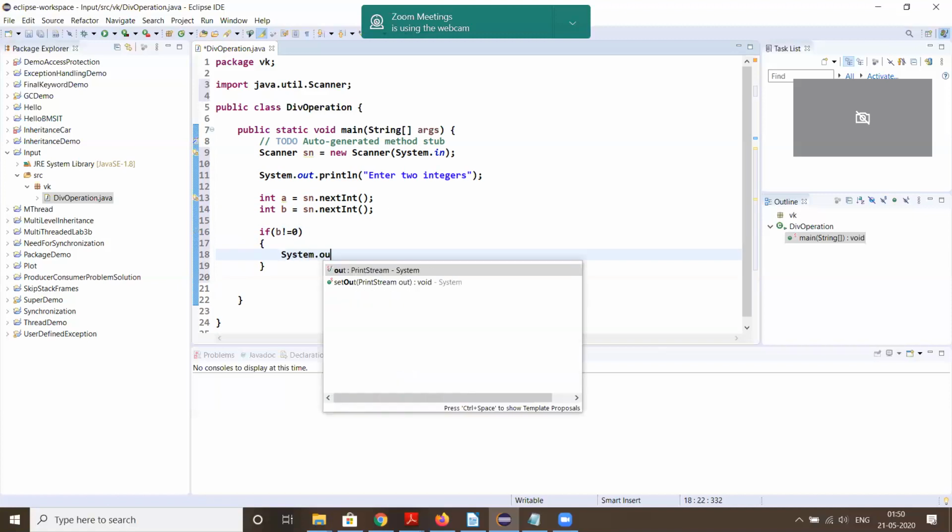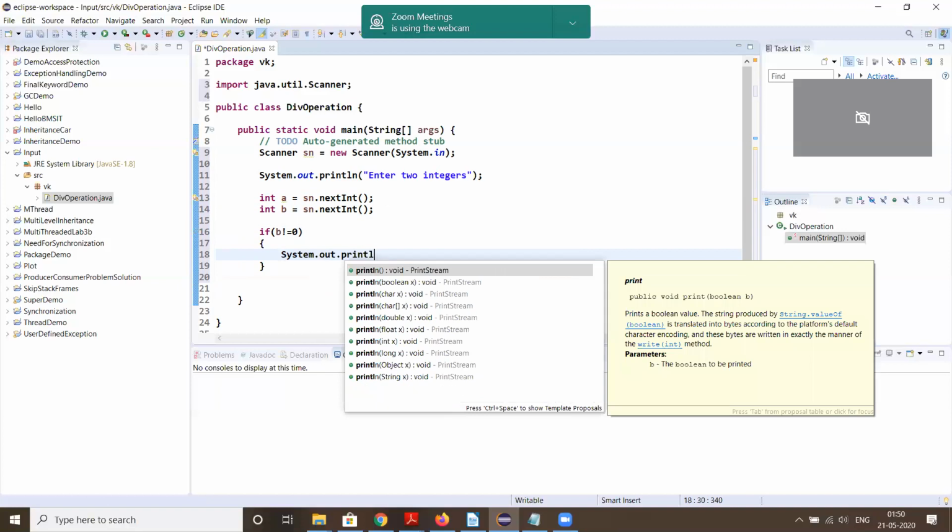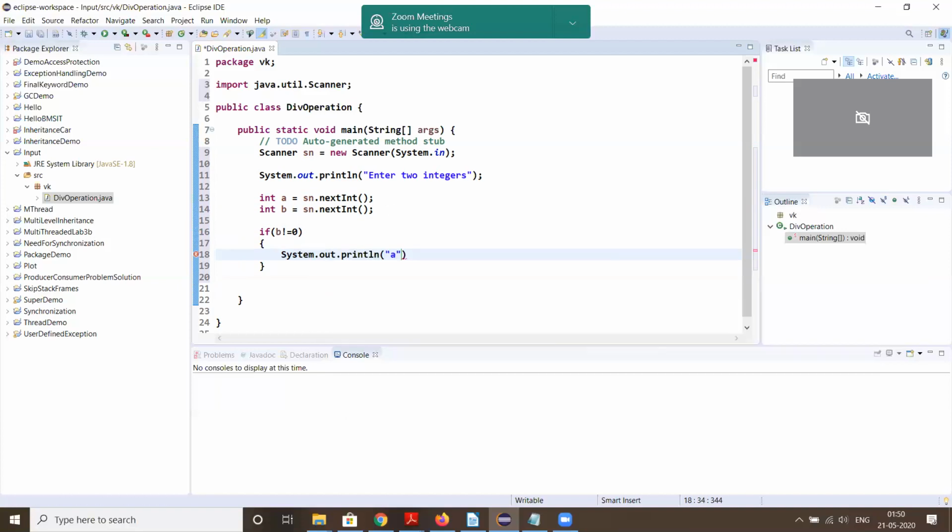System.out, let me print A by B. If B is not equal to 0, this is performed; in the else part, let's raise an exception.